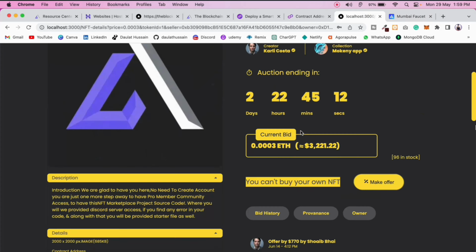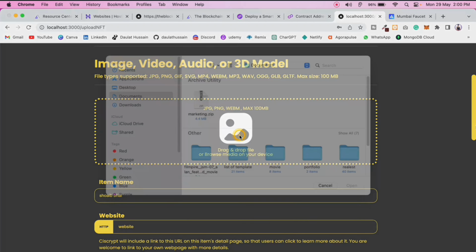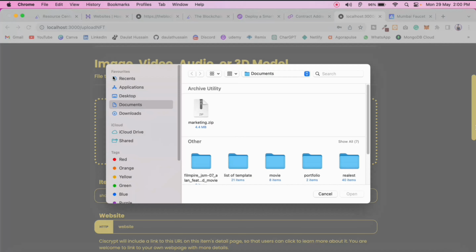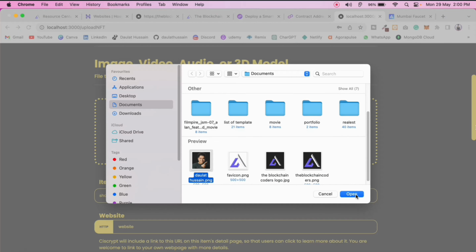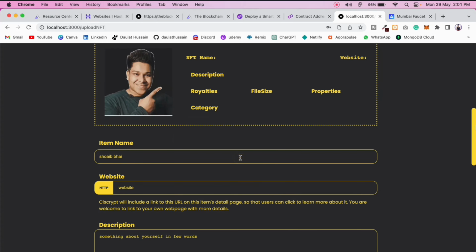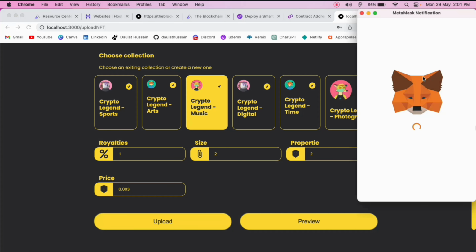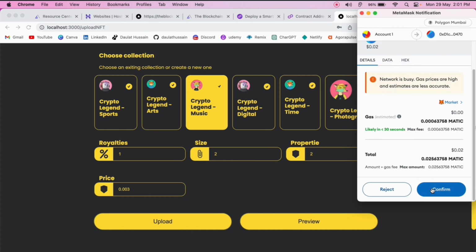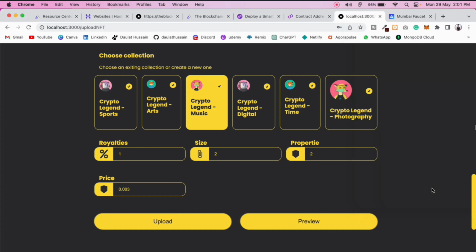Okay, so you can see this is the NFT which I have created, and now let me come here and let me create one more for the same account, and let me pass the name. So Daulat Hussain, let me give the name of the website. Then I have to simply pass the text, select this demo one, give the data, and let's provide the price. So 3, click on upload, and that's fine. So account confirm, and it's loading. You can see the loader, and here we are, create token,